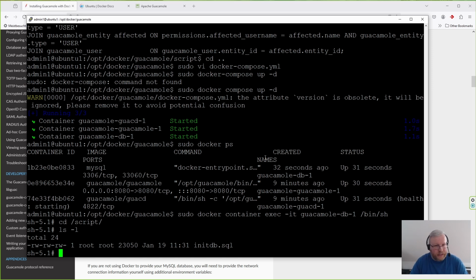Our database exists. We do not have to create our database. That is Docker done for us. Or not Docker has done it, but the inner workings of MySQL in Docker have done that. And so